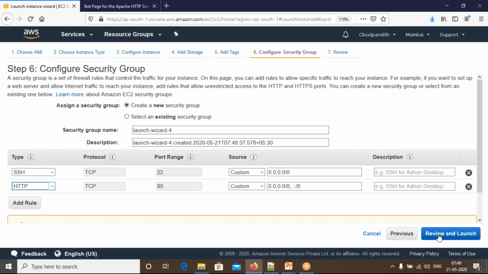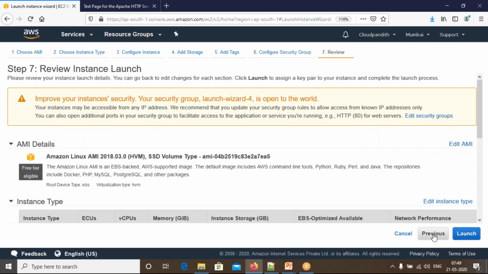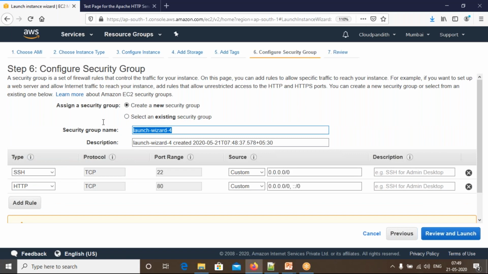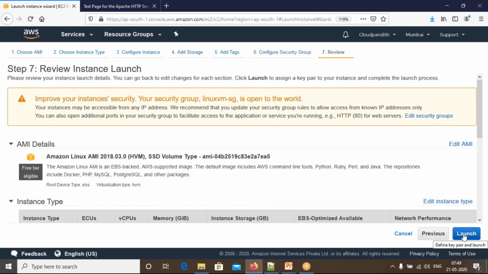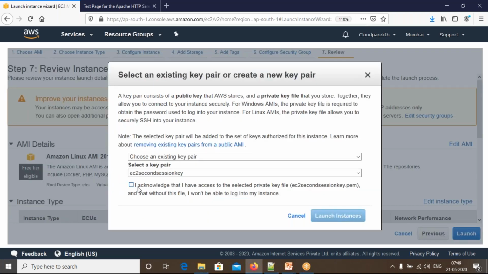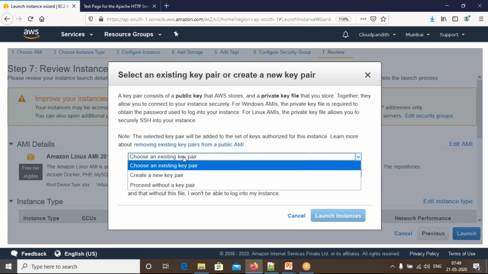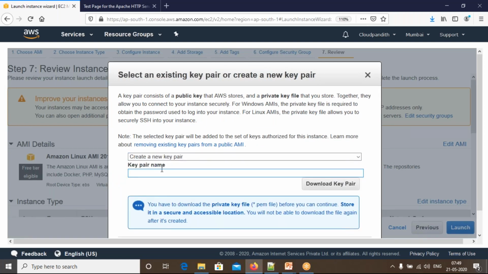Click review. One second, this is, you can say, Linux VM SG security group. Okay, click review and launch, click launch. Okay, let me download one more key. You can use the existing key or you can create a new key.